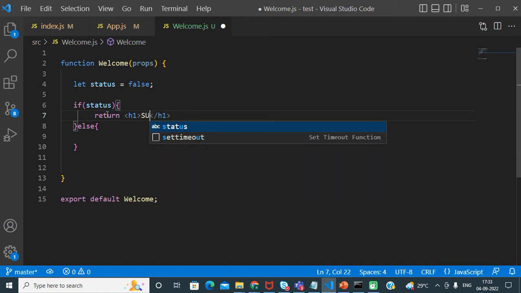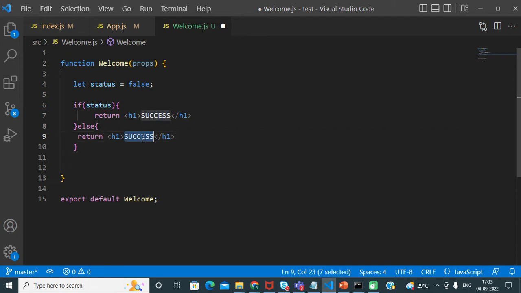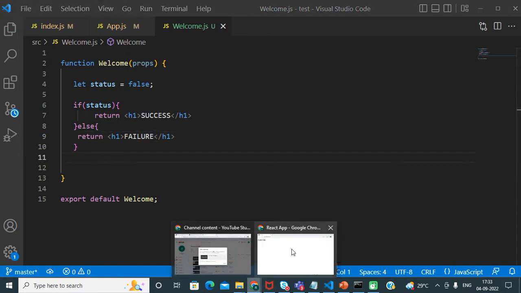So success, since status is true. If status is false, then just return failure. That's it. And let me take you to the browser.